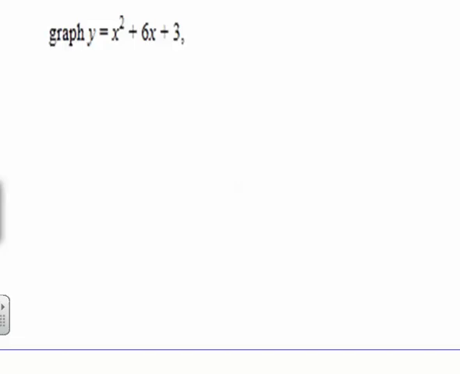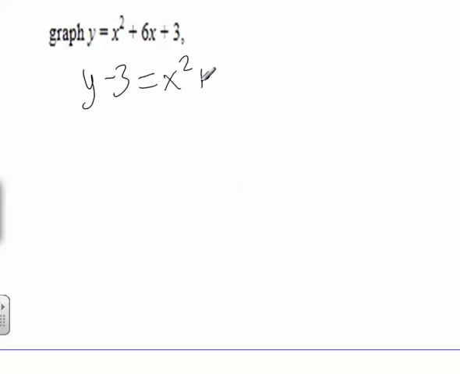Okay, so what if we want to graph this? And I have no graphing calculator and I don't want to make a table. I just really want to know where the vertex is. So let's put it in graphing form so we can complete the square. So let's subtract 3 from each side. Y minus 3